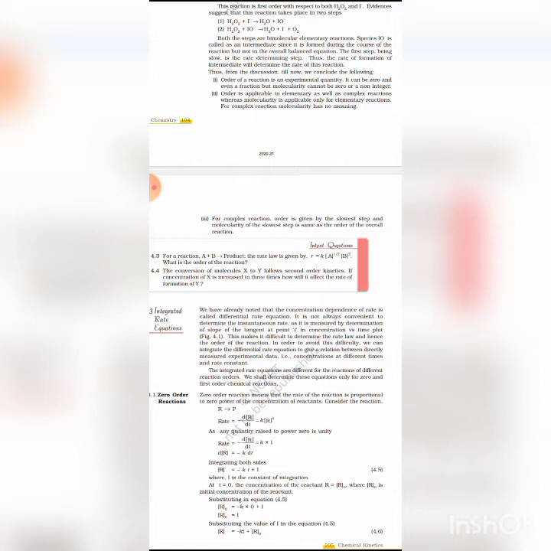The overall rate of the reaction is controlled by the slowest step in the reaction, and it is also called the rate determining step. Okay student, so the slowest step in the intermediate reactions is called the rate determining step. Pseudo first order reaction: a reaction which is not truly of first order but under certain conditions becomes a reaction of the first order is called a pseudo first order reaction.